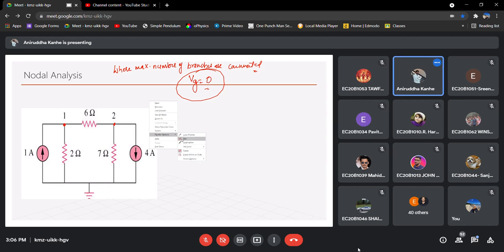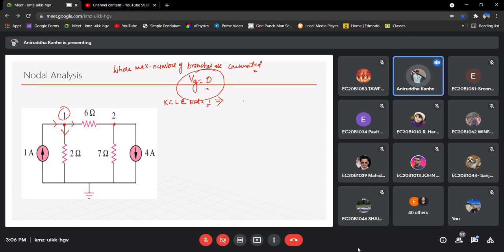Is that okay? Now, what is the nodal analysis? Whenever you are going for the nodal analysis, you should write the KCL at that particular node. So KCL at node 1, let us assume the currents here. This one is already given, its direction is inward. If nothing is mentioned, you can always consider the direction as outward. So let us write for node 1.